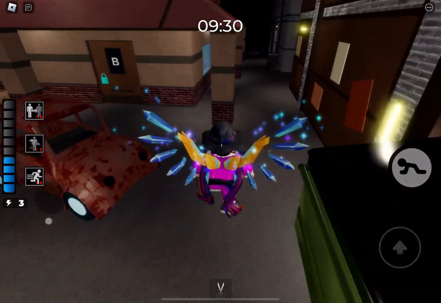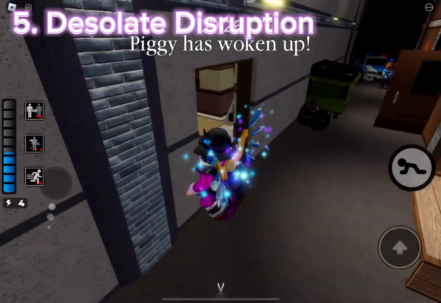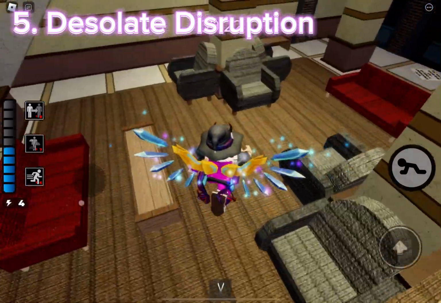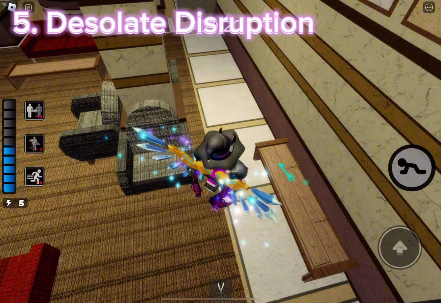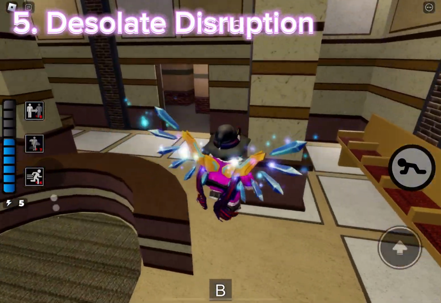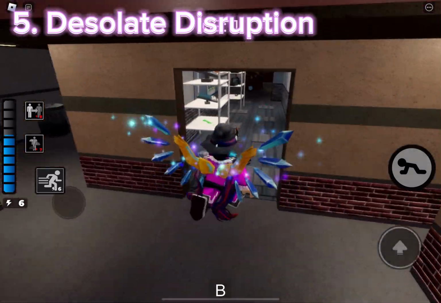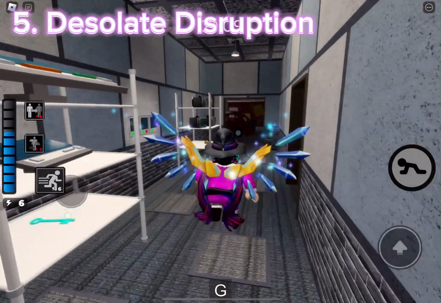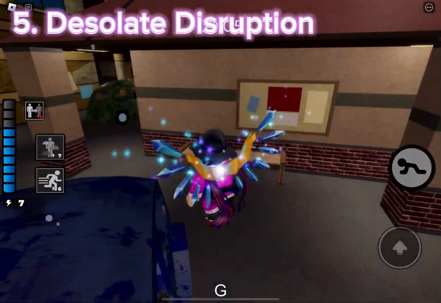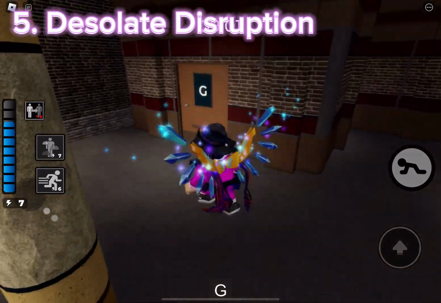Coming at number 5 is Desolate Disruption. I'm not sure how to pronounce that, but I think this is a pretty good one. I would give it the definition of good, a little bit better than average. It's good, all right? So basically, it's just a boss fight. It utilizes the Piggy format with keys. And it's a medium level of